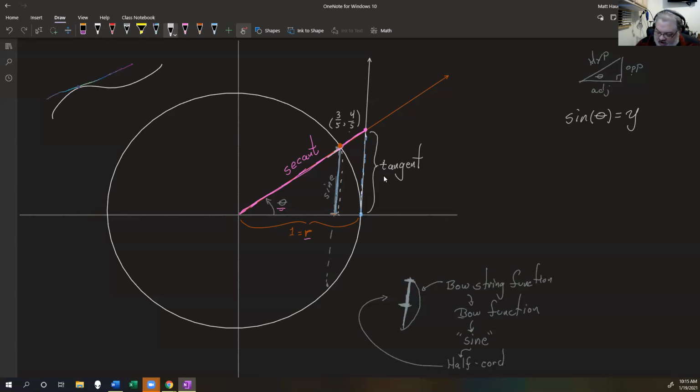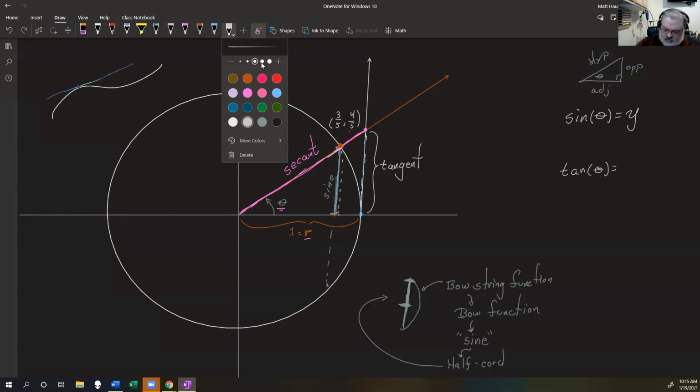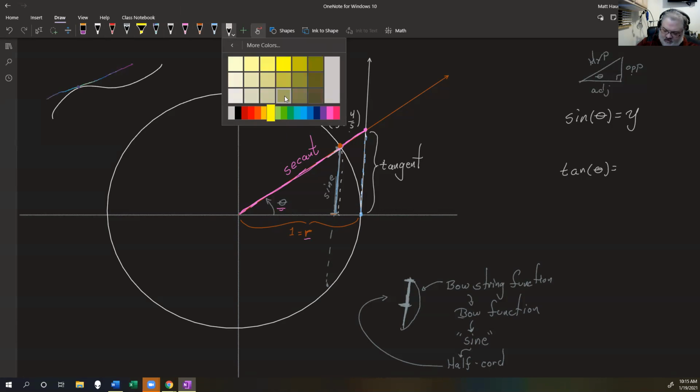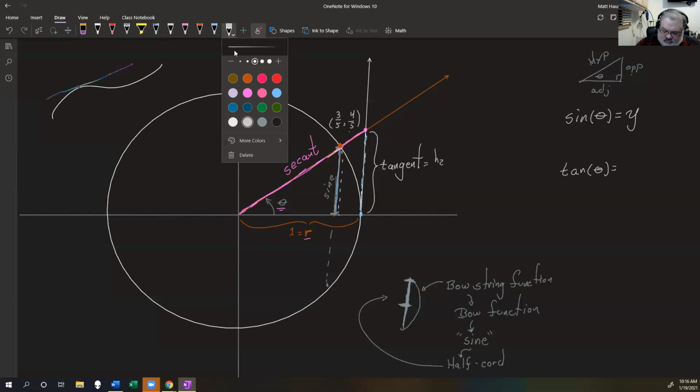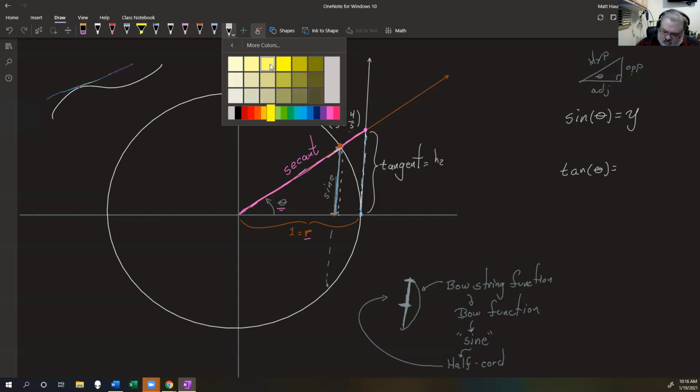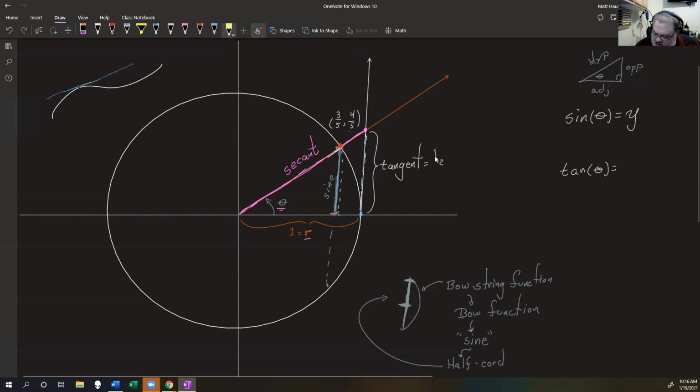Okay, well, what if we wanted the tangent value? Now, we could find the tangent value in a couple of different ways. I want a nice bright color here. Those are not bright colors, those are terrible colors. There we go, bright color. We could find this tangent value in a couple of different ways. We could measure this length, which I think we called H2. That height H2,